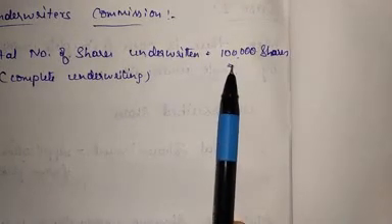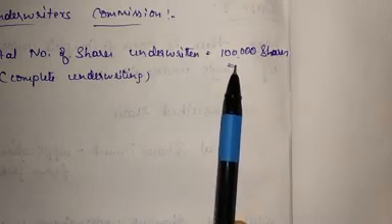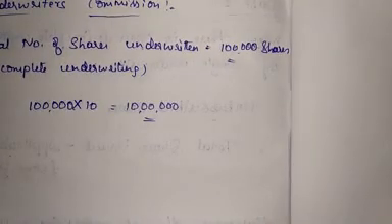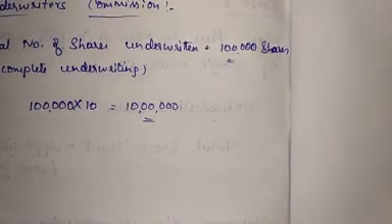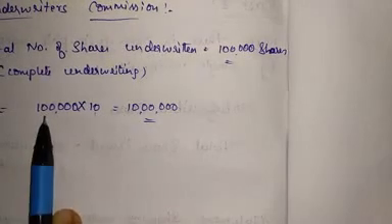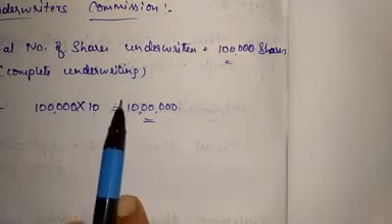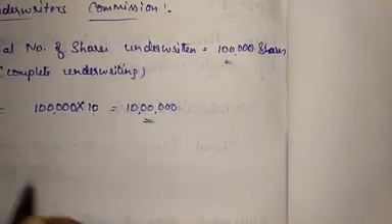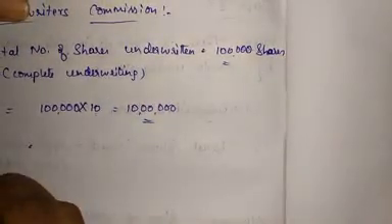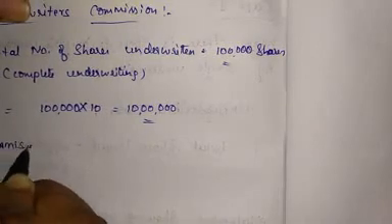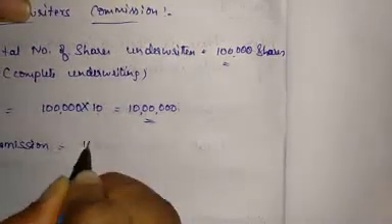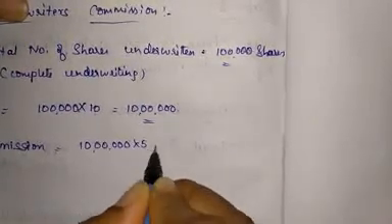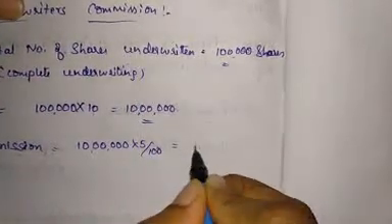So we have to multiply 1 lakh shares by its face value. Here the face value is only the issue price. So the issue price is 10 rupees per share. Total shares 1 lakh, so total capital is 10 lakh. On this, 5% commission is payable. So underwriting commission is equal to 10 lakh into the rate of commission, that is 5%. So underwriting commission is rupees